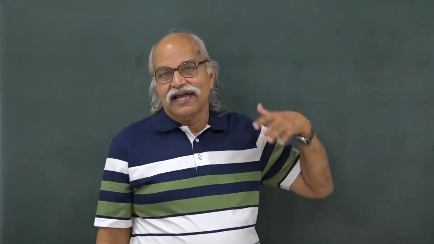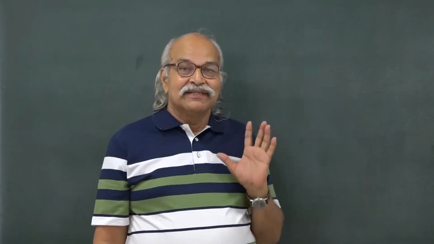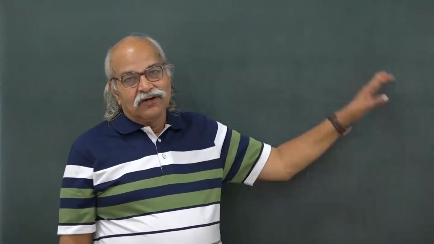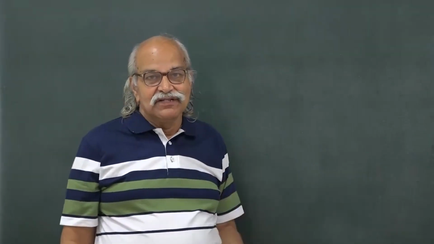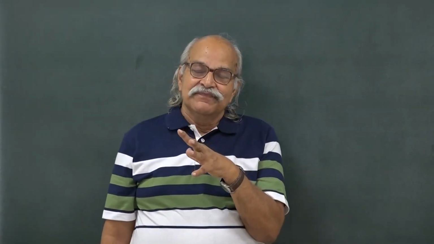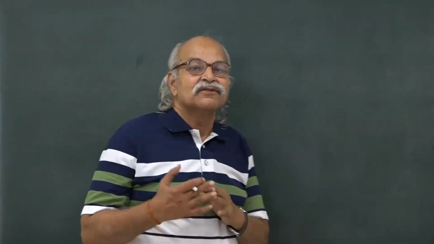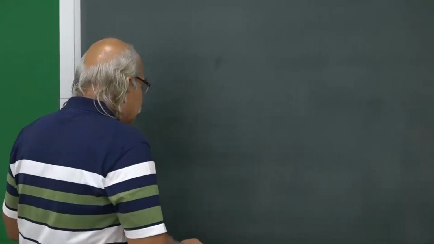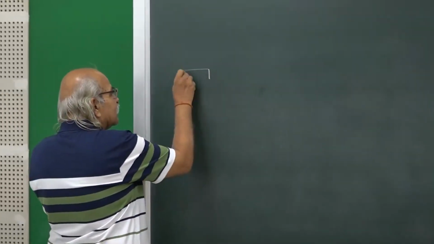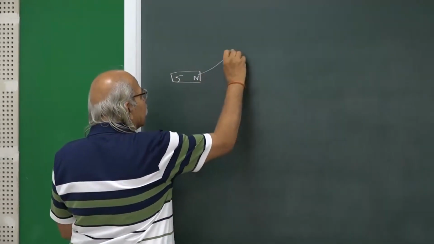Such materials in which the atoms do not have a magnetic dipole moment are diamagnetic, and we discussed how they will behave in an external magnetic field. We found that if I put it in a non-uniform magnetic field, then it will be going from the stronger field side to the weaker field side. For example, if you have a magnet here and this magnet is producing a magnetic field, that magnetic field will be like this,